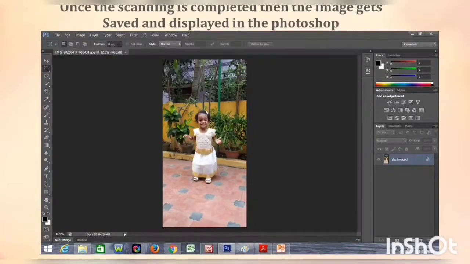There are so many examples. For example, if you have an image of your grandfather or grandmother in black and white format, and you want to make it color and make it look prettier, you can scan the image using a scanner like this and then you can work on it. So this is an image which I have placed on the scanner and which I have brought in here. So if I want, the next step is whatever editing work or cropping work it is, you can do it and then finish your work. So I hope you understood this concept.